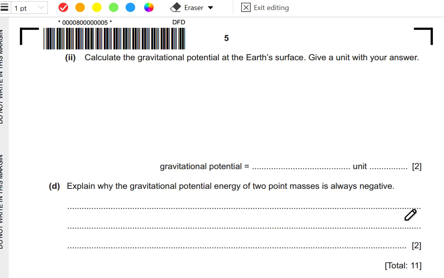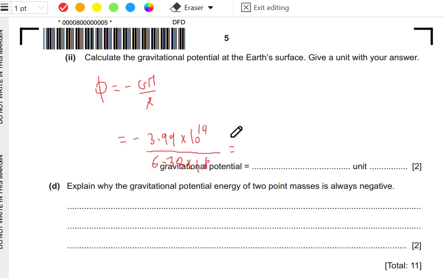Calculate the gravitational potential at the Earth's surface. Give the unit for your answer. Phi equals minus Gm over R. So it is equal to minus, and the answer will be